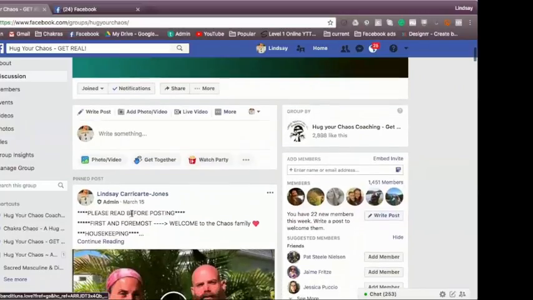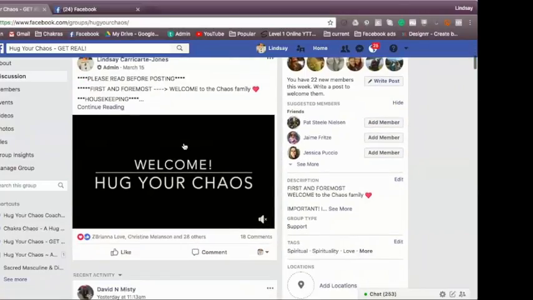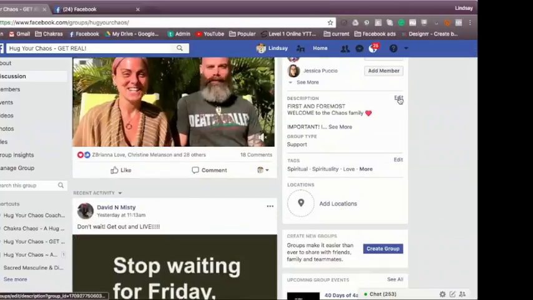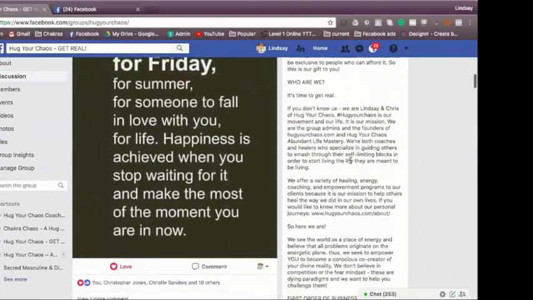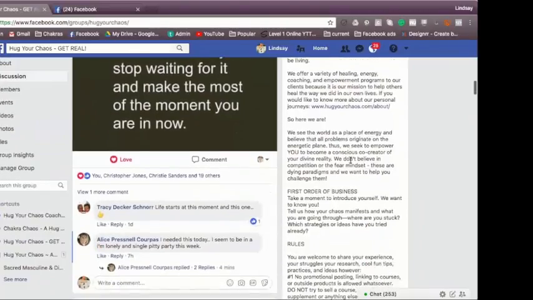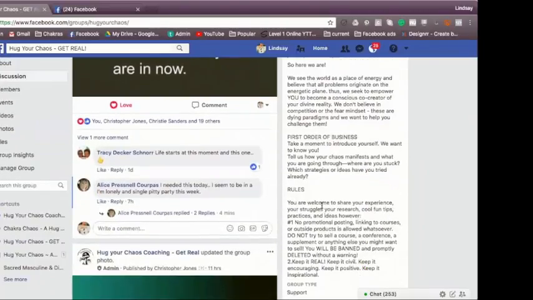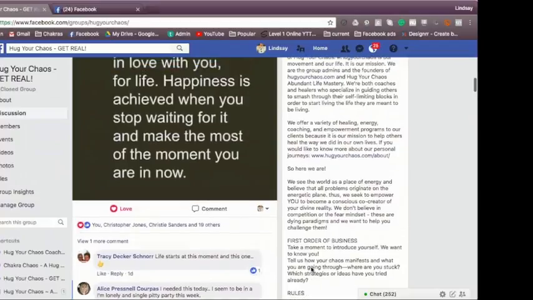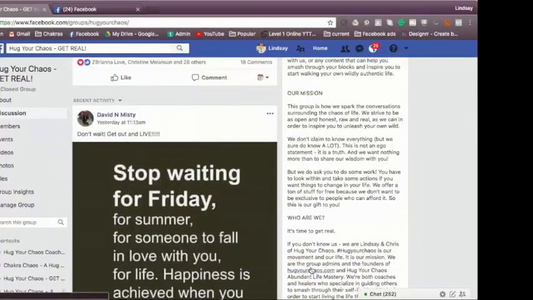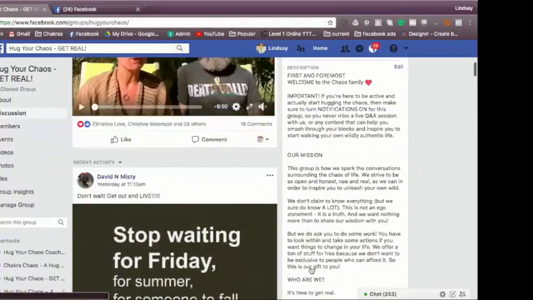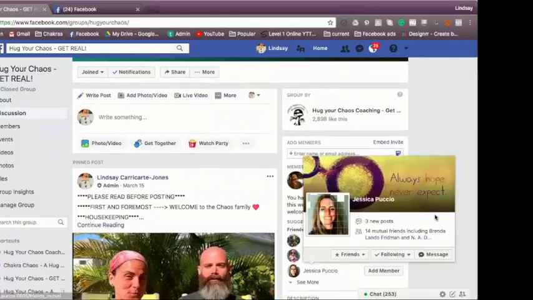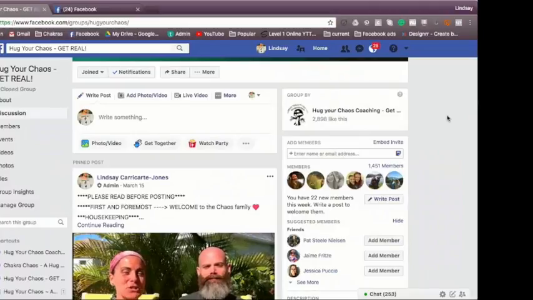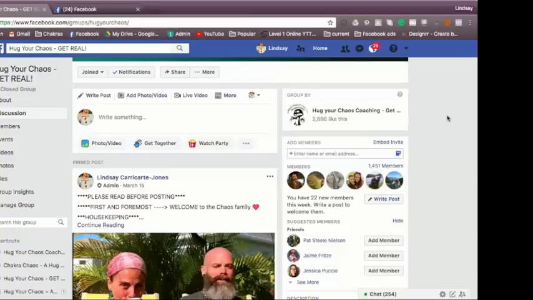And then of course in here, you want to have a nice description. You want people to know what they are getting into in this group, right? And it's straight up. We lay out some rules. We lay out what we're doing here, and when people join the group, we welcome them in and ask them to please read the rules so that they know what the purpose of this group is. You know, it's not here for dating. Don't harass people. Bullying will not be tolerated. Whatever rules you want to set for your group.